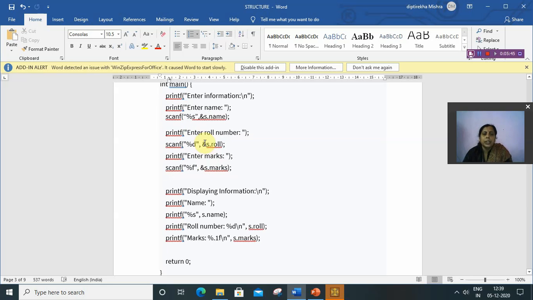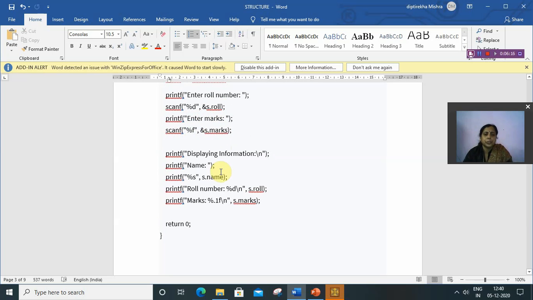Then enter roll number, then scanf %d s.roll. s.roll means to store the roll number in roll. Then enter mark, then scanf %f because it is a float data type, then s.mark. Always we have to use the structure variable, then dot, then the member name.